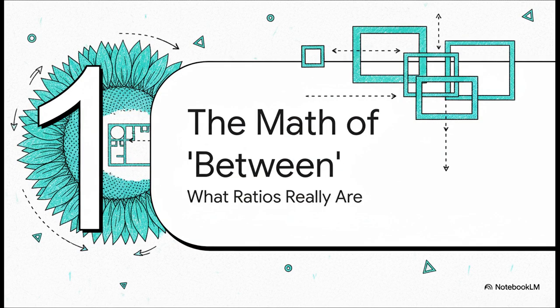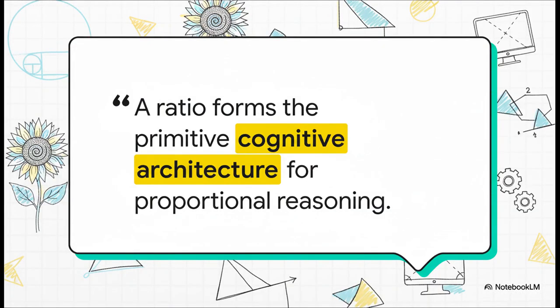We need to really understand what a ratio is, beyond just two numbers with a colon stuck in the middle. We are going deep into the mathematics of between. Okay, I know what you're thinking. That is a mouthful. This is the super formal academic definition, and yeah, it sounds pretty dense. But don't worry, because buried inside all that complex language is a beautifully simple idea.